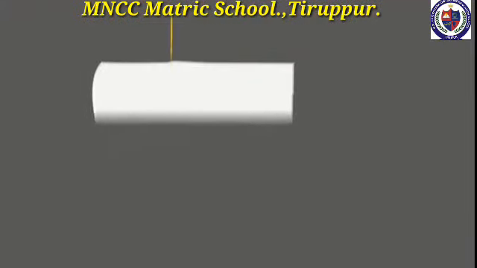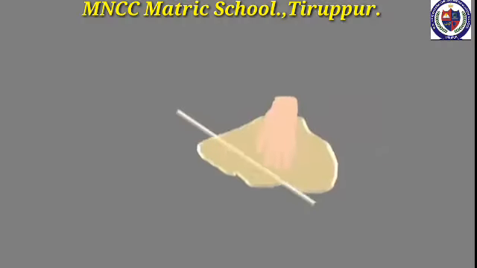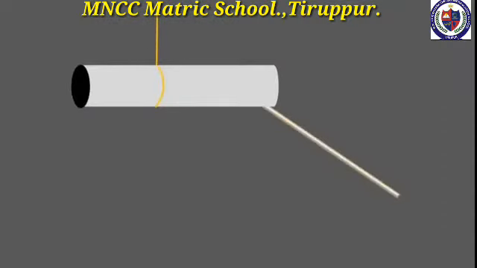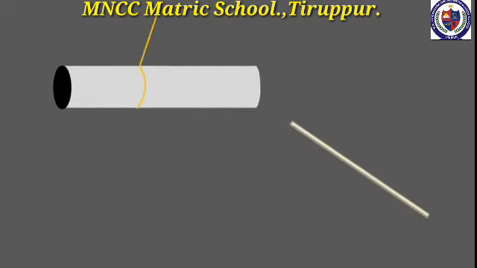Take a sheet of paper, turn it into a hollow cylinder and hang it using a silk thread. Rub a glass rod with the silk cloth. The glass rod acquires positive charges. Touch the paper cylinder with this glass rod. The paper cylinder becomes positively charged. Move the glass rod away from the paper cylinder and again bring the rod near the cylinder. The paper cylinder will move away from the rod as they both are positively charged.